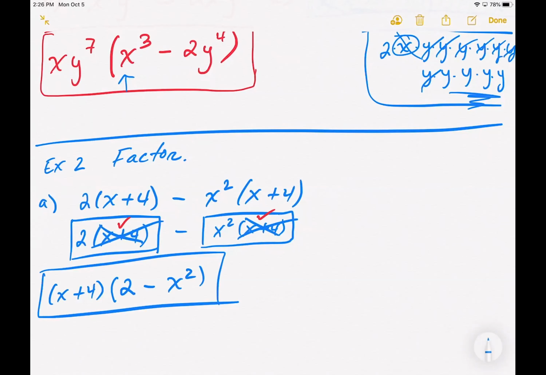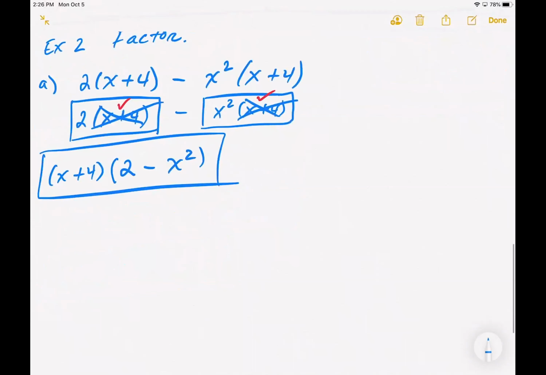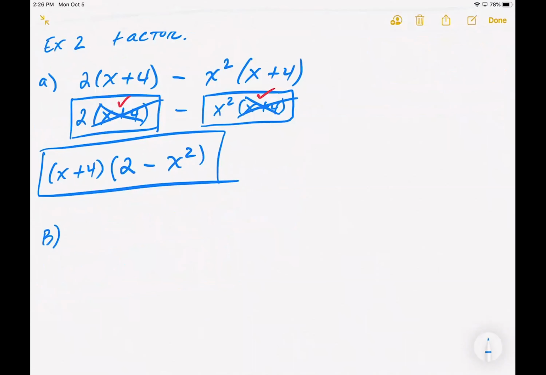Look at the 2 items you have and ask, do they have anything in common? If they don't have anything in common, you cannot factor. So in this case, do you agree that we have something in common? And if they have something in common, we just extract it out. Or vice versa, if we have,